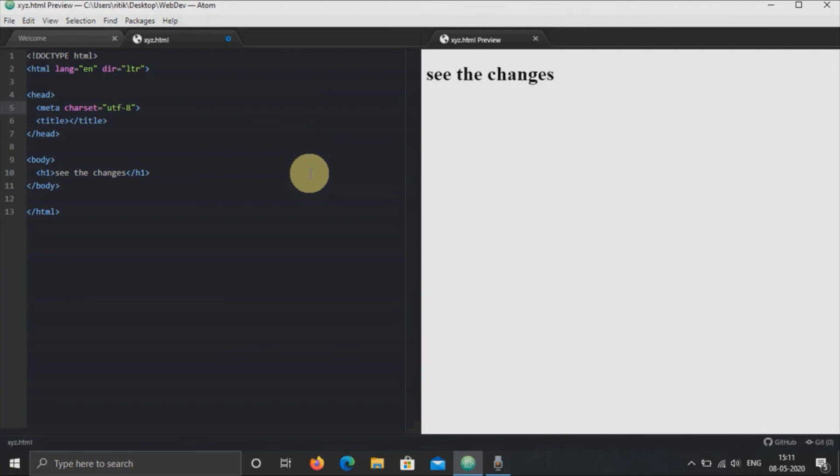Now another package that we have downloaded is File Type Icons. That is the kind of package that will be useful when you do significant projects, as it will show different types of file icons for different files. Okay, so this much is enough for today. I think there are many more packages available, but you can download anything. But according to me, these are the best packages that I have used and I believe in them.